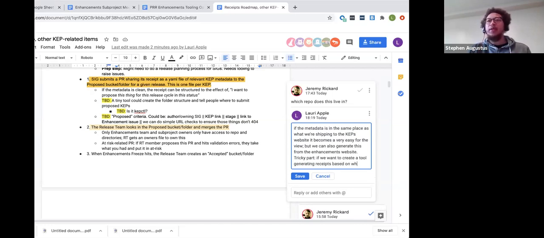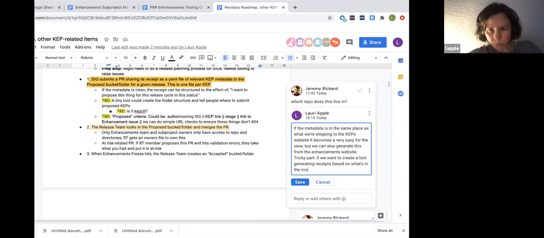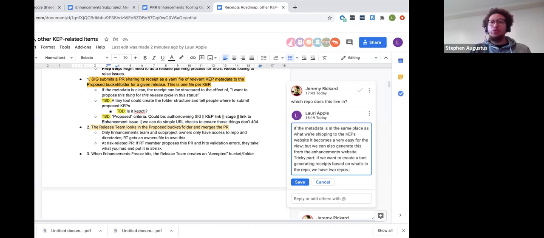So it gets harder, right? It's easiest if everything is in k/enhancements, and if we want to do later designs, we have different machinations later, we can do that. But having everything in one place is the easiest thing to do for now.